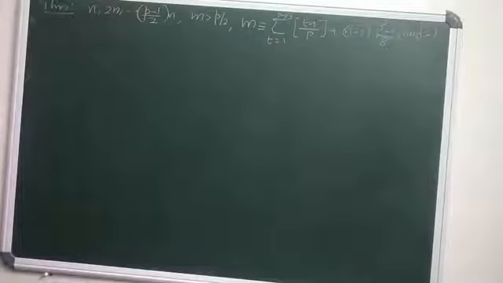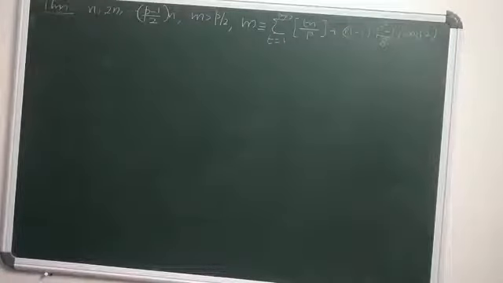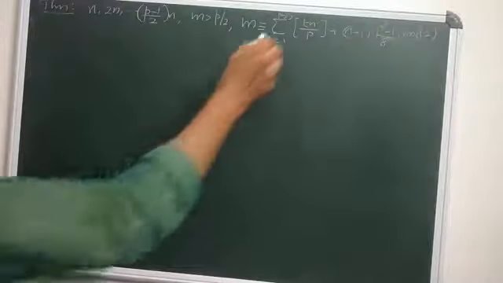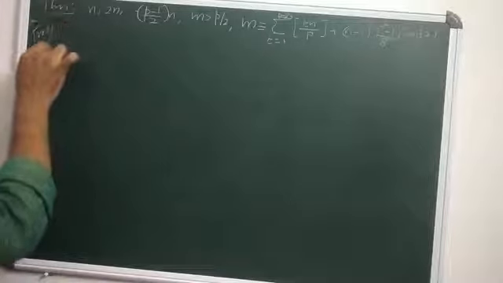So this theorem heavily depends upon the Gauss lemma. Here m is defined as in the Gauss lemma. What is m? m is the number of least positive residues of the numbers n, 2n, etc., up to (p minus 1)/2 times n, which exceed p/2. Then m is congruent to the sum over t from 1 to (p minus 1)/2 of the greatest integer of tn/p, plus (n minus 1) times (p square minus 1)/8, mod 2. How to prove this one? The proof is,